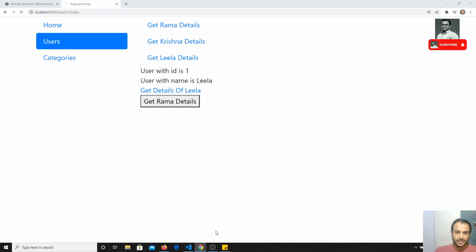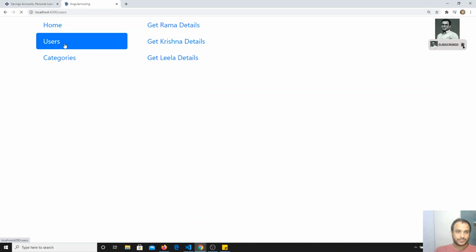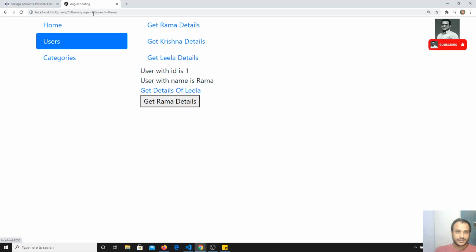Now if I go here and click users, and then click here, we have this query param. If you click here, we have these query params. Fine, not a problem. Now let's assume that we have another link, and we need to send this data to that link. How can we send it? For example, say we are displaying the user details.